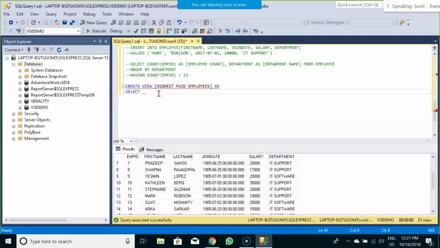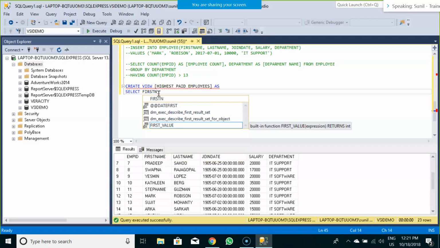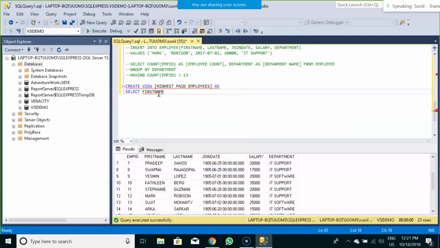So what I would do is create a view of that particular query and store it in my database, so that every time I want to find who the highest paid employees are, I can execute that query. So these are temporary in nature. They are not tables as such, but they are views. So why would we use a view? Only in cases wherein we need something that is repetitive in nature. In order to avoid doing the same thing again and again, we create a view and reuse it.